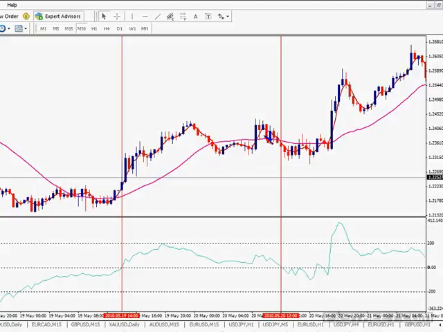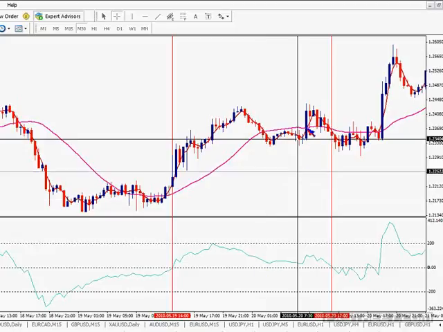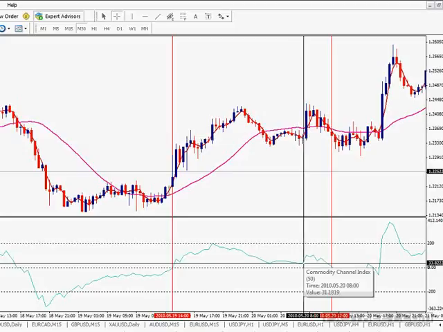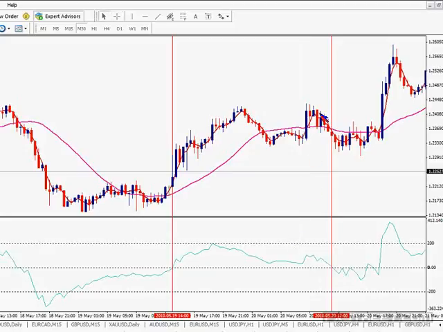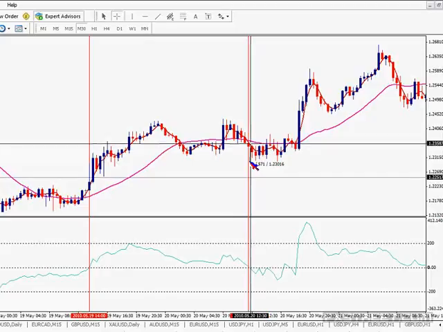The commodity channel index didn't support the trade. The same happened here to the upside. We have a buying signal coming from the moving average, but not supported by the commodity channel index. So no good idea to take the trade. And in fact, it gave very few pips. In this one, we have a selling trade. But what happened here? We have only 15 pips, only 50 pips,